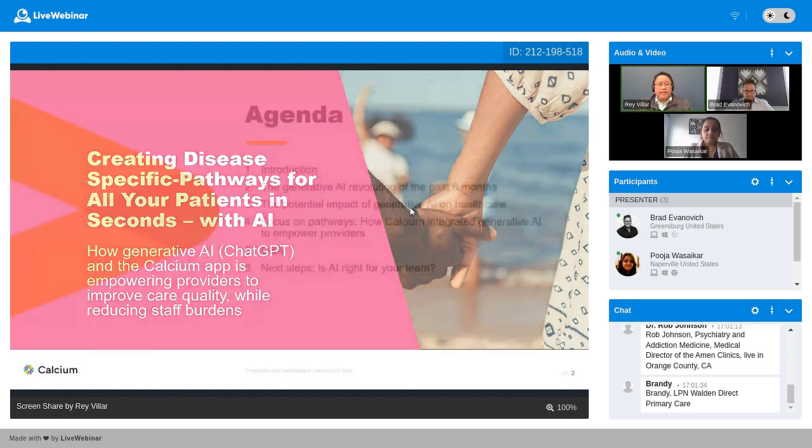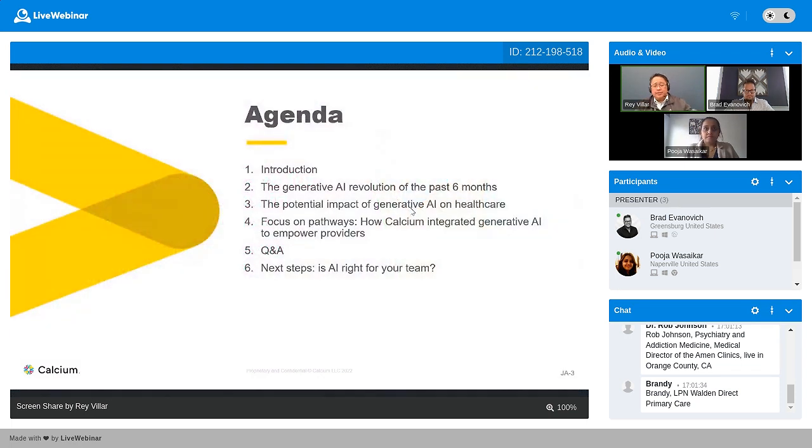So our agenda for today is a little bit of introduction first. We'll do some housekeeping, and then I'll talk a little bit about the generative AI revolution we've seen in the last 6 months alone. From there, I'll hand it over to Brad to talk about the potential and actual real impact of generative AI in healthcare. Then we'll start focusing on pathways, and we'll bring in Pooja on board, our director of product here at Calcium.